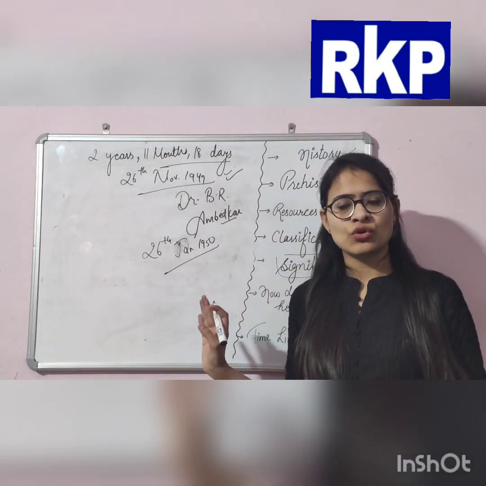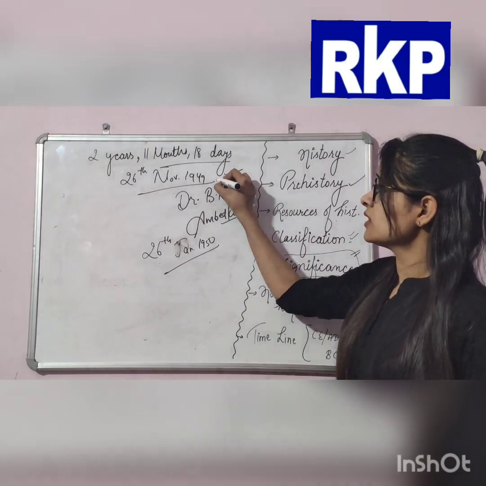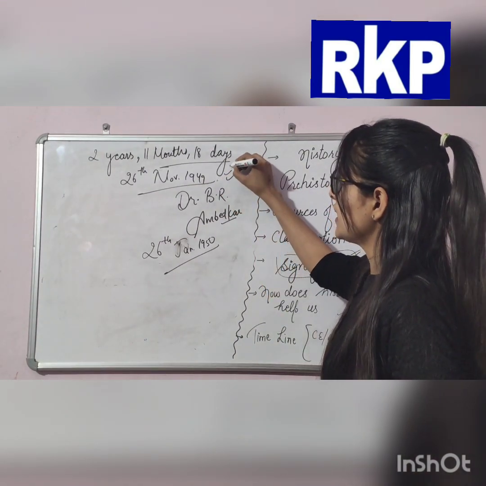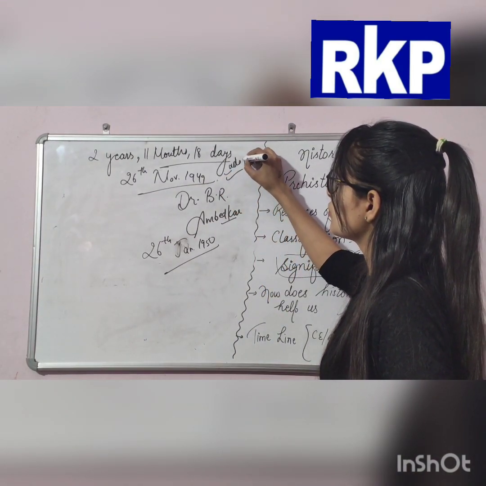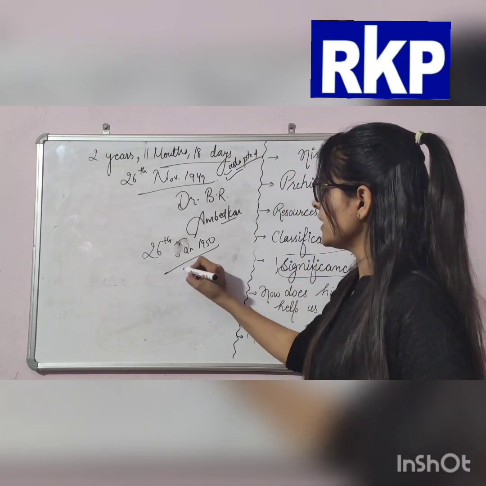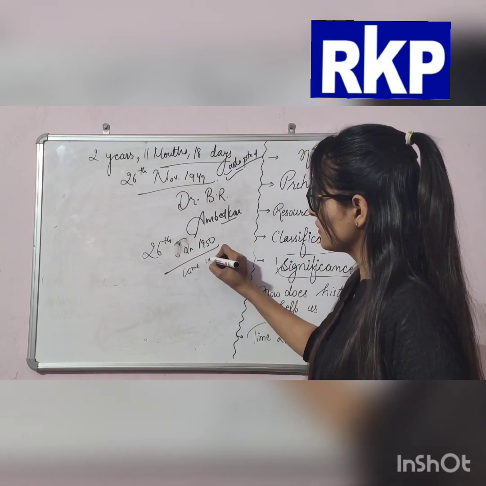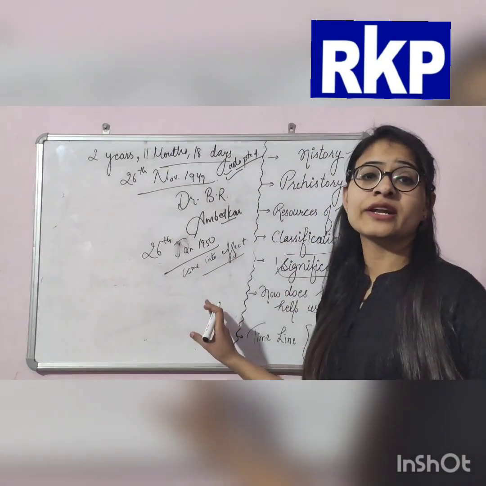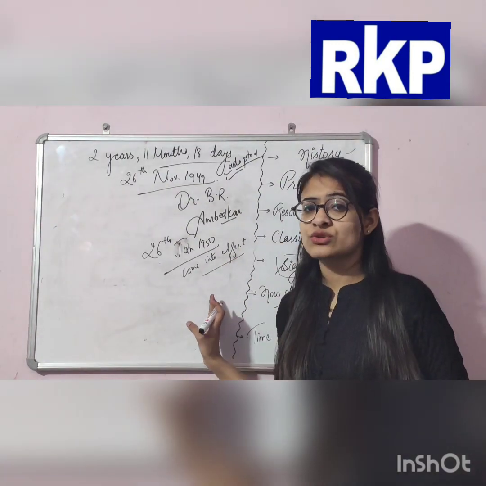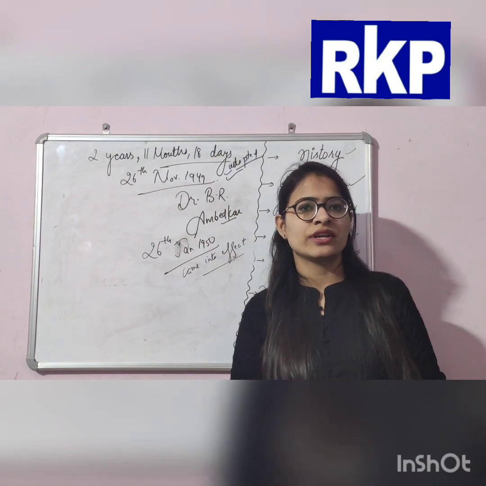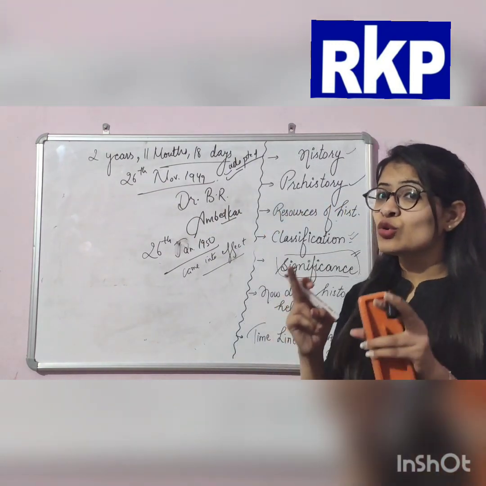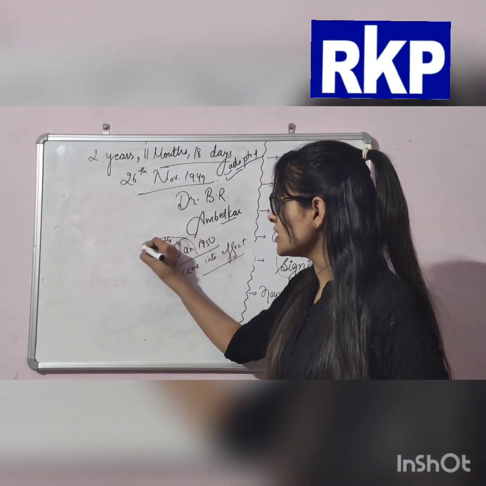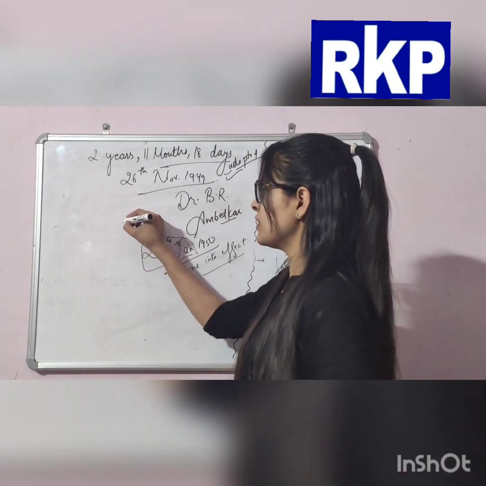Hope this is clear to you all. In 1949 it was adopted, and it came into effect... कब से उसे लागू किया गया? It means when did it come into effect? It came into effect on 26 January 1950, and on that day our country became a